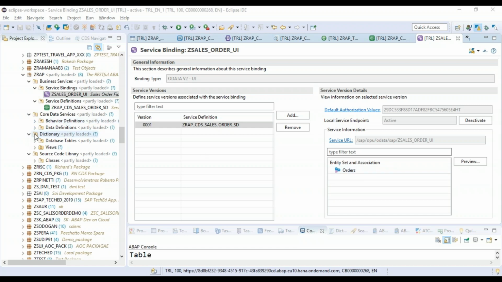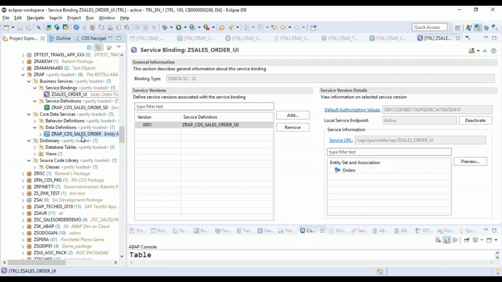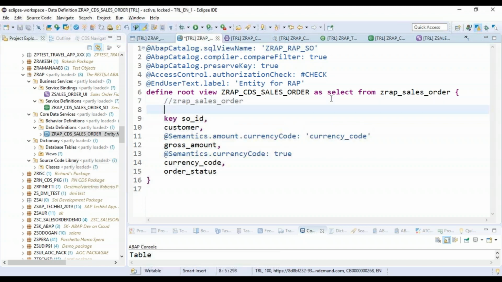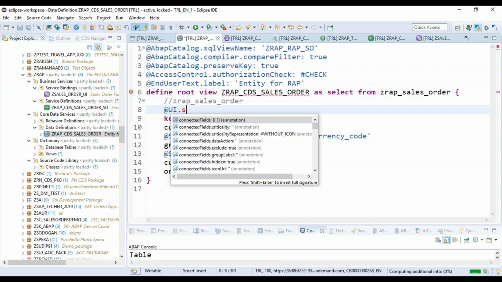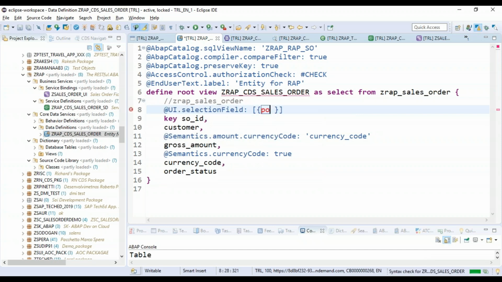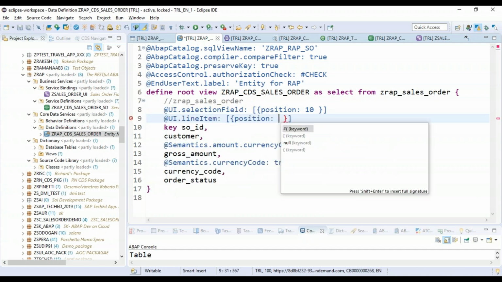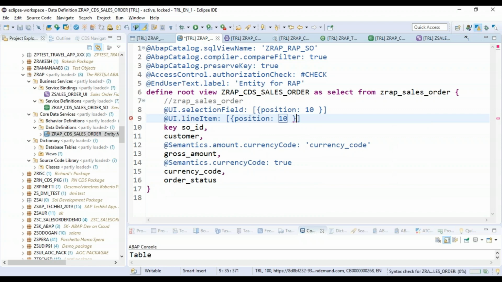By the time, I'll also go back to our CDS model and define very few UI annotations to bring the selection field and the table on the UI. So we'll add quickly some UI annotations. So I would like to create a selection field for my order number at position 10 and also want to create line item at position 10. We also would like to create